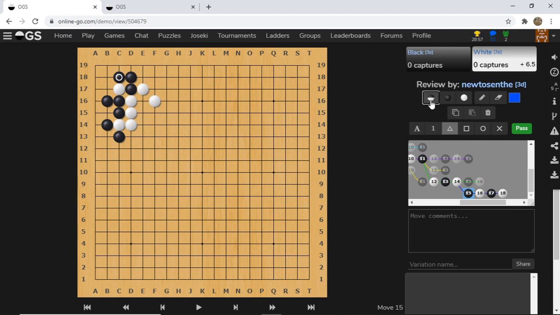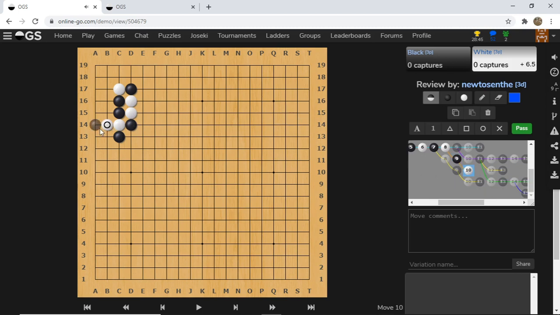But very quickly, we have to kind of go through the second variation. That is for black to actually Atari at D14. Against this move, white has no choice but to descend. And now it looks like black's in trouble, right? Because